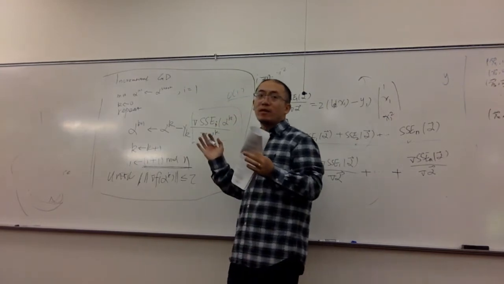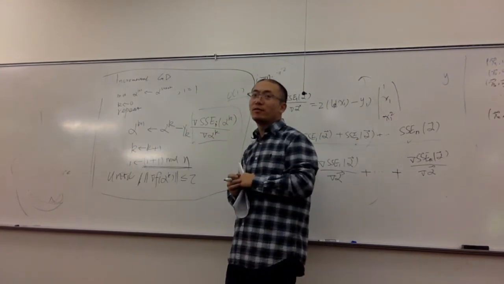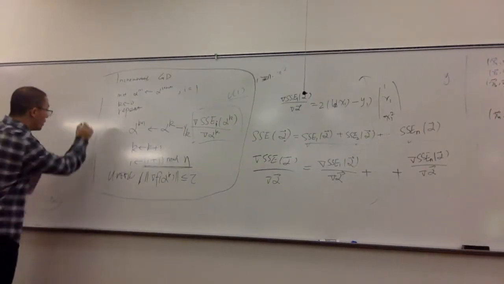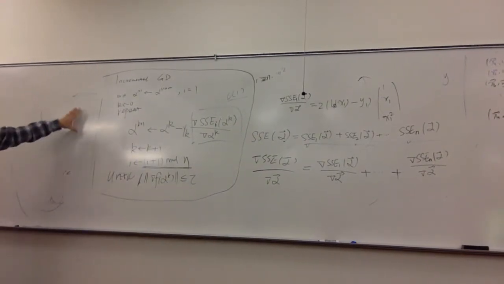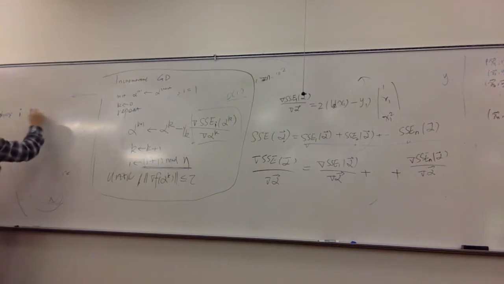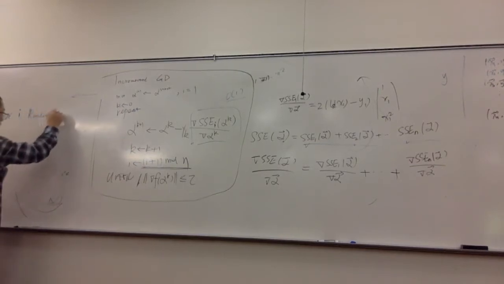This algorithm is called stochastic gradient descent. So what is stochastic gradient descent? Just copy every step here, except that every time I choose an instance randomly